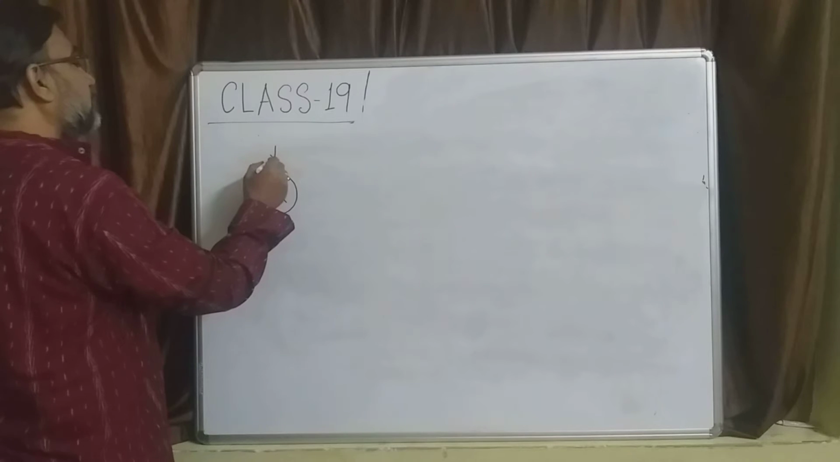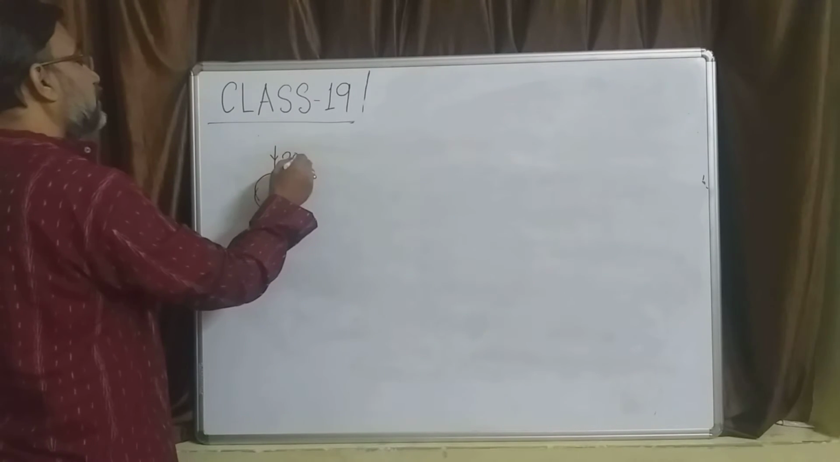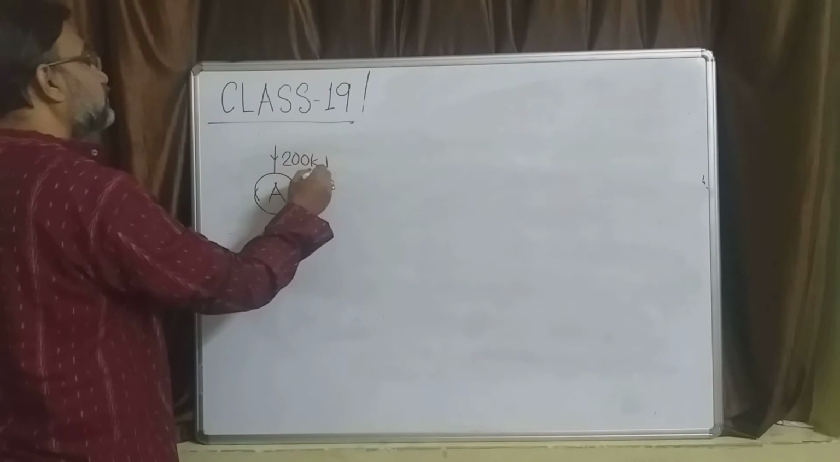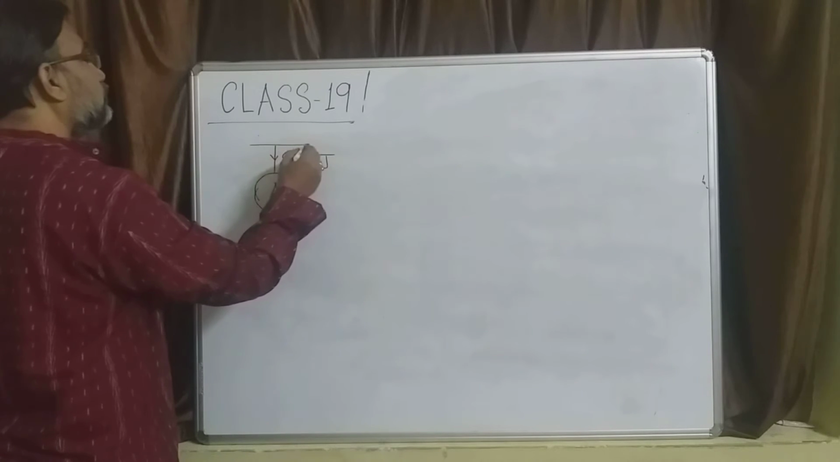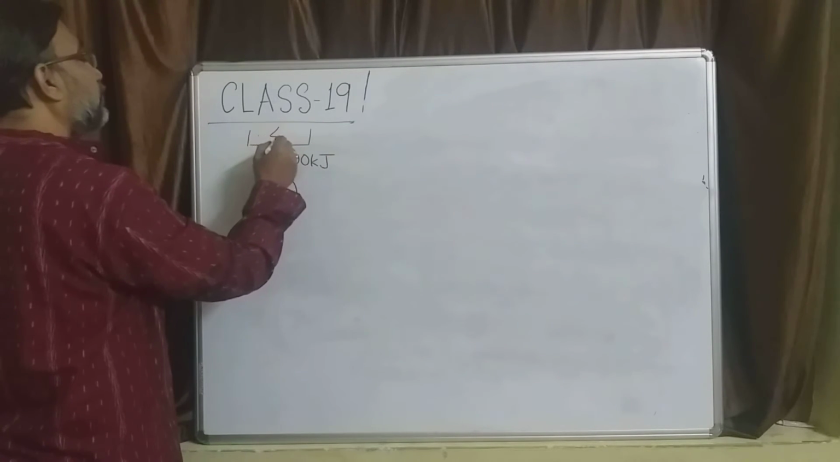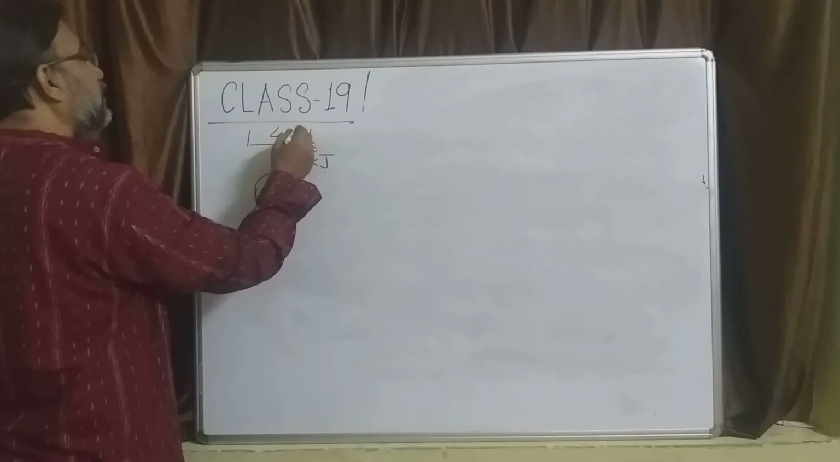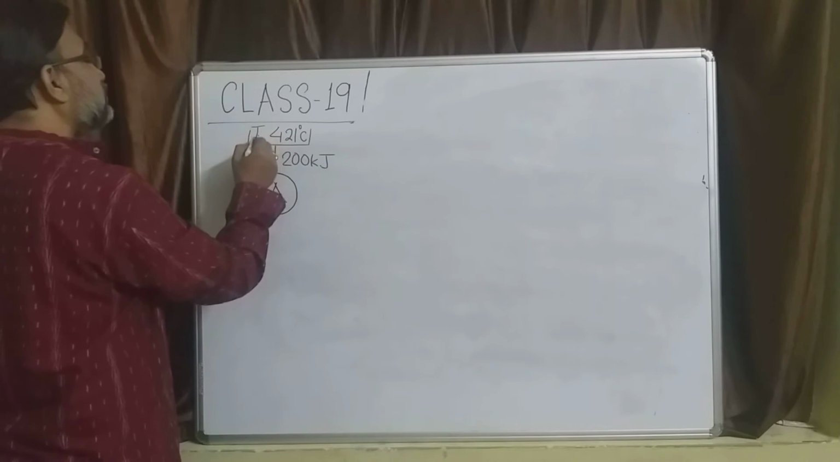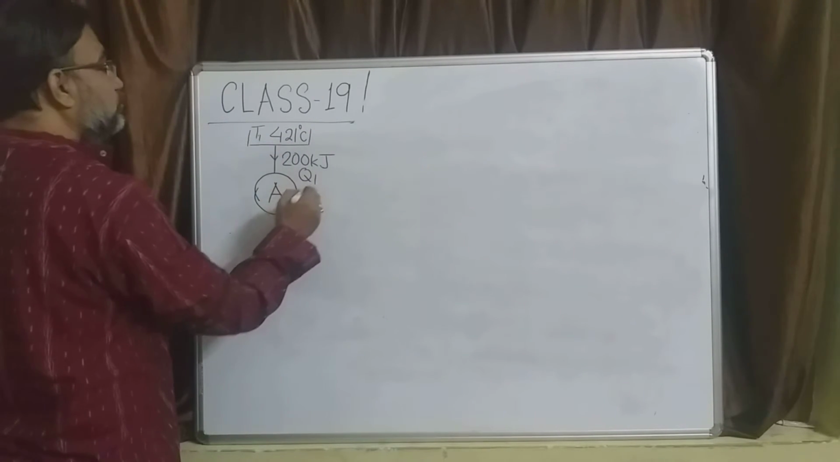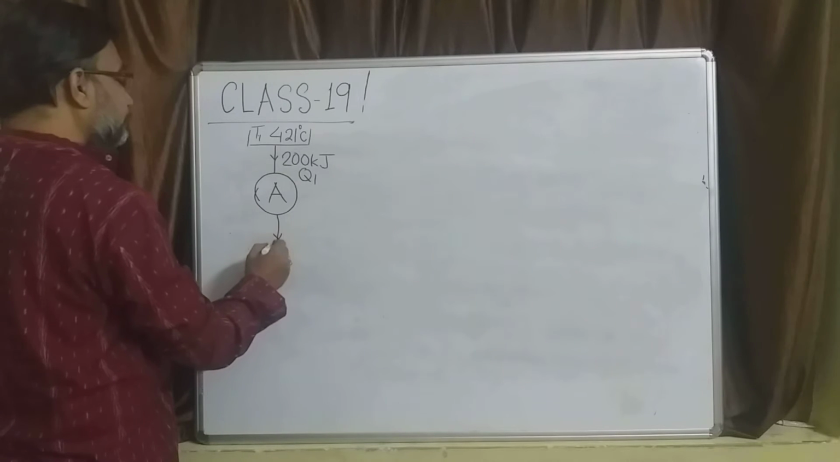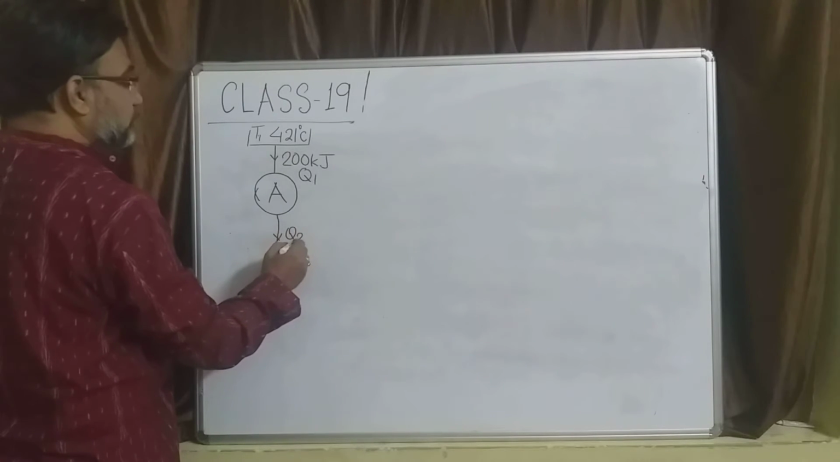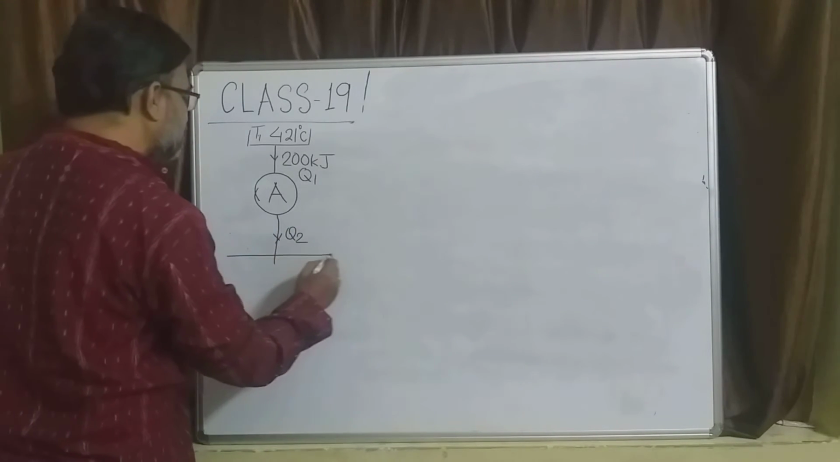Engine A is receiving how much? 200 kilojoules of heat from a source at temperature 421 degrees centigrade. This is T1, this is Q1. This is rejecting Q2 amount of heat, which is taken by